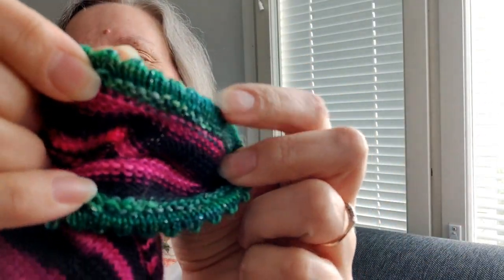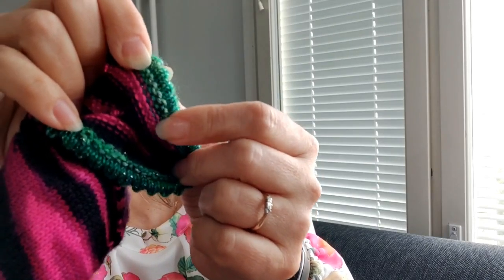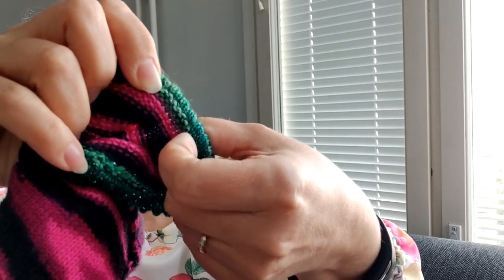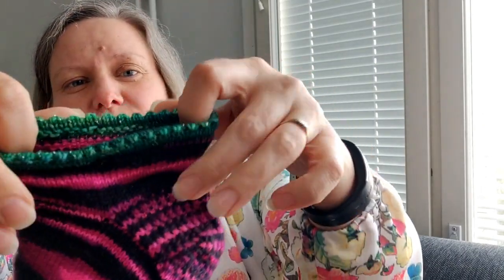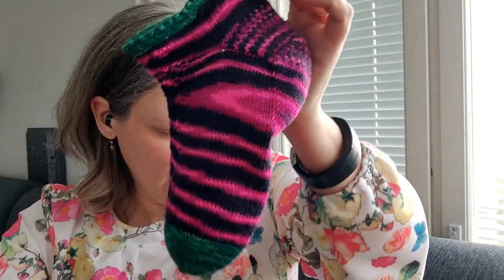So you continue doing plain stockinette, and then at the end, in this version, I have it grafted together with some purl stitches from the inside of the sock, and that way you turn the cuff. This is not my original version, but this is the one that I liked better, because I did try the three needle bind off,